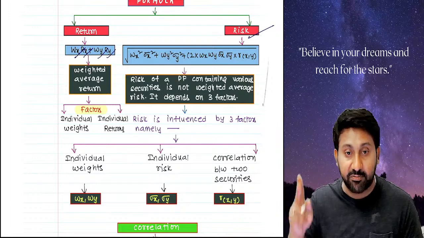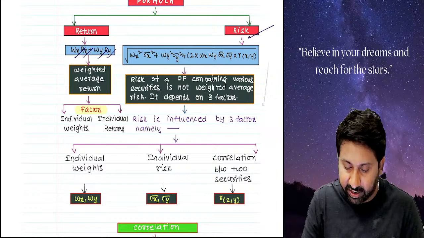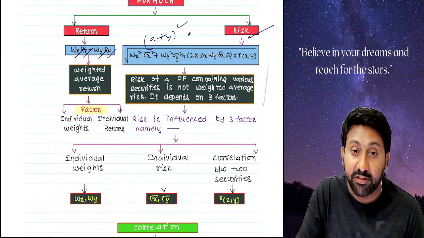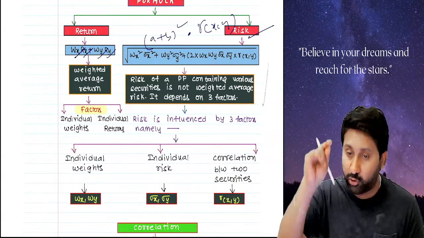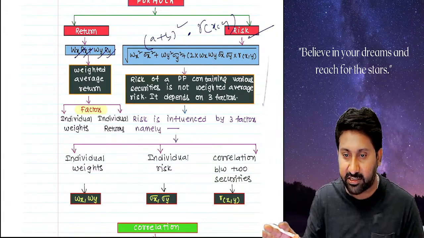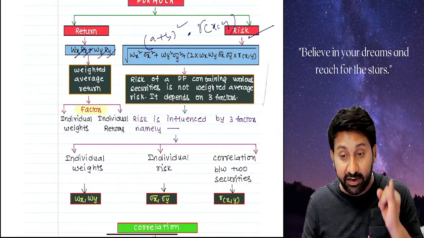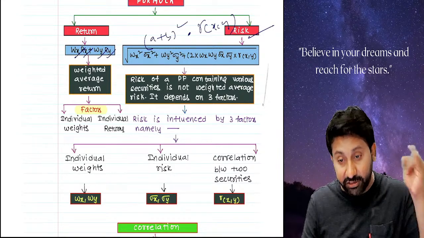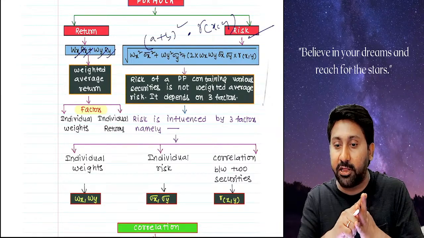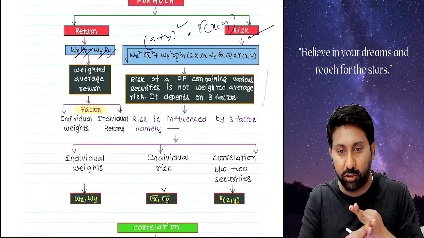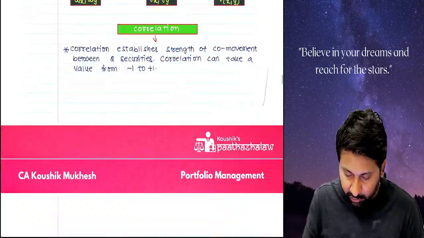Root of Wx square sigma x square plus Wy square sigma y square plus 2 into Wx Wy sigma x sigma y into Rxy. This is nothing but the (a plus b) whole square formula with an additional Rxy at the end. The logics, everything, I already discussed in the main topics of portfolio. Today is not the time to know about the logics. No overreaction involved, just the examination point of view. Let's revise everything: root of Wx square, weight of security x square, sigma x, individual risk of security x square, Wy square, weight of security y in the portfolio, individual risk of security y the whole square, 2 Wx Wy sigma x sigma y, correlation of x and y. They will give that in the question. We have to do that.